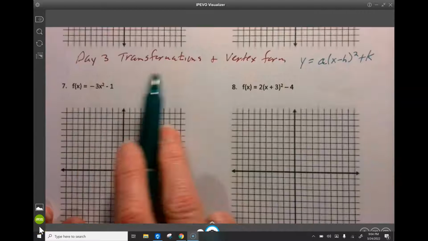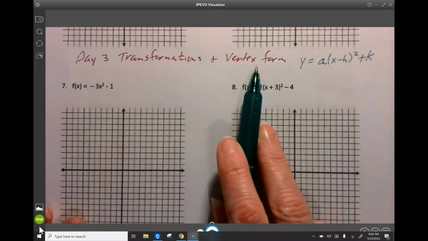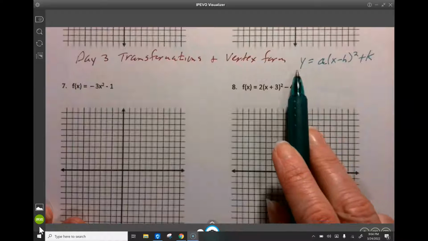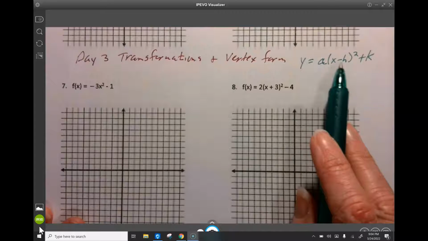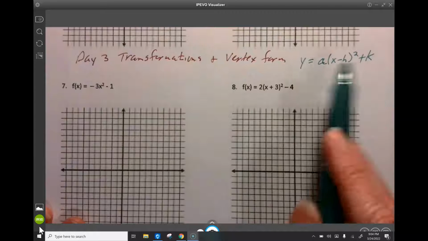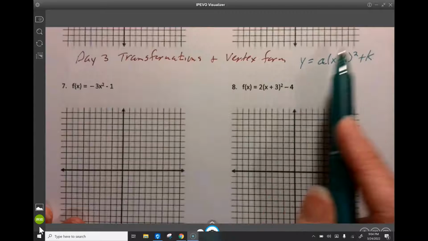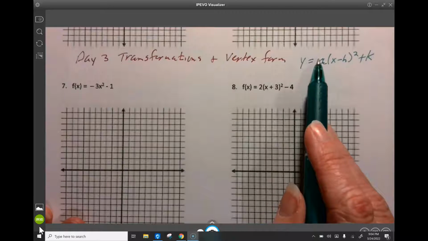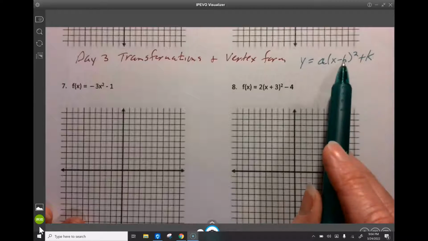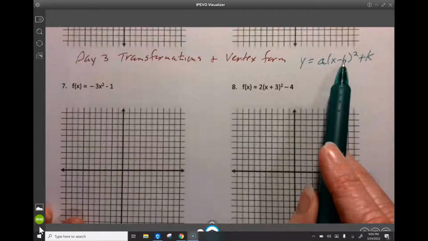So we're now on day 3 of transformations, and now we also have vertex form. Remember vertex form: y equals a times the quantity x minus h, quantity squared, plus k. Remember, a is a stretch or a shrink. If it's positive or negative, positive is going to open up, a negative is going to open down. H is going to be our,